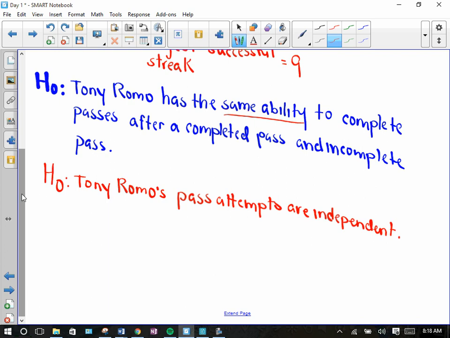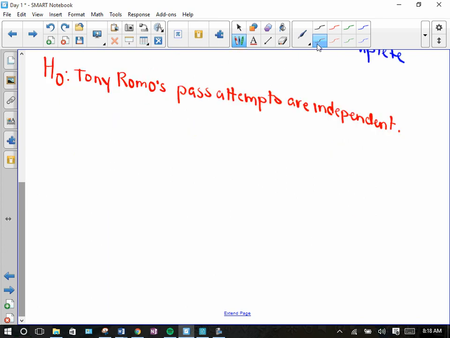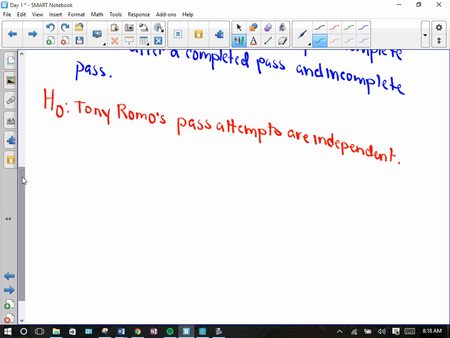Okay, so a good alternative hypothesis would be Tony Romo has a greater ability to complete passes after a completed pass than after an incomplete pass. Okay, we can write that all the way down. That's a lot of writing, so I'm going to write it down that way you guys write it down. All right, so we're used to writing our alternative hypothesis as